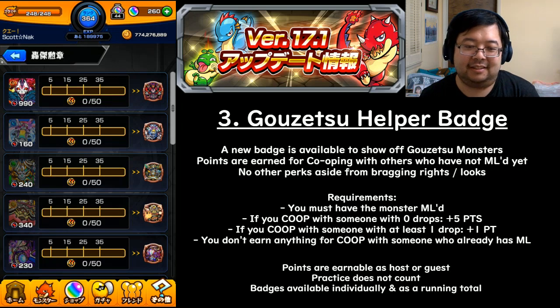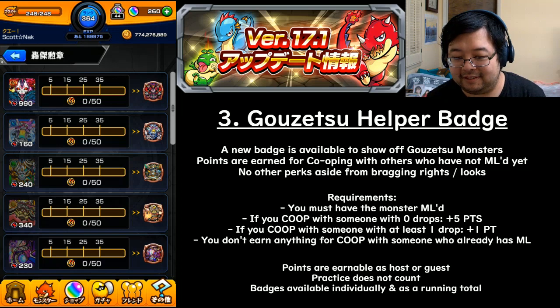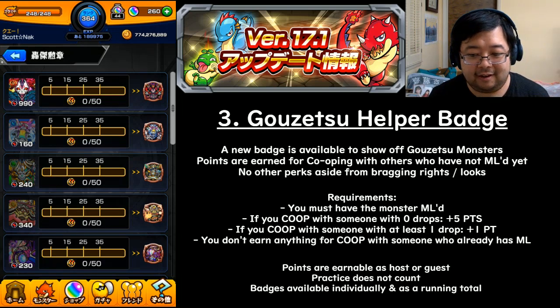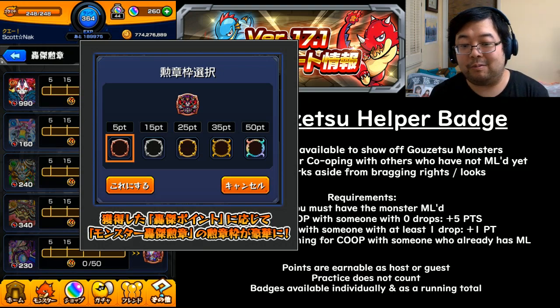So again, this is to show that you are helping out new players taking on the Gouzetsu, giving them the support they need to complete the stage. You can see that the rewards are there on the right. It starts as a bronze, but then upgrades as you go along. You'll go silver at 15, a gold frame at 25, a slightly fancier gold at 35, and a rainbow badge